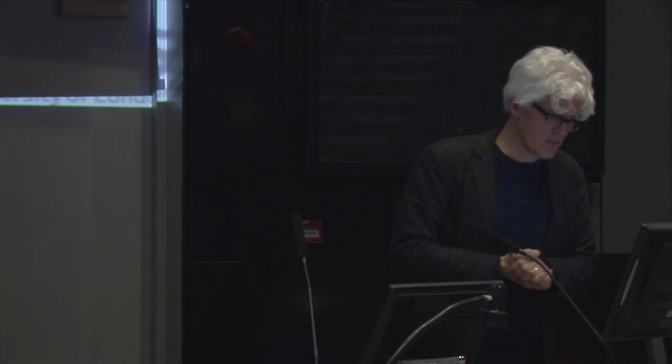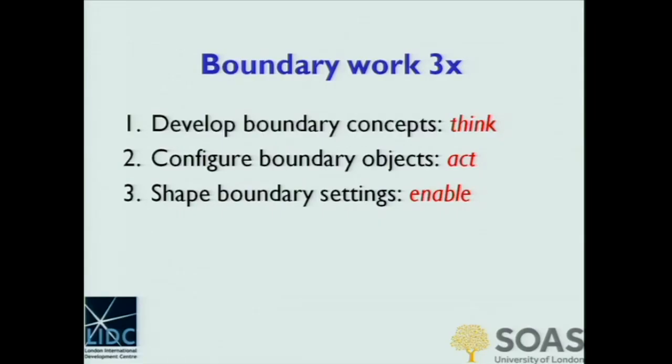So how do we do that work of boundary crossing? Well, here's my framework. I think we need to do 3 things. Develop what I would call boundary concepts. We need to be able to think multi-dimensionality. Nature and society in one go and not separately. How do we do that? What concepts do we actually have for that? Well, except just hybridizing them. That's just the beginning of that.